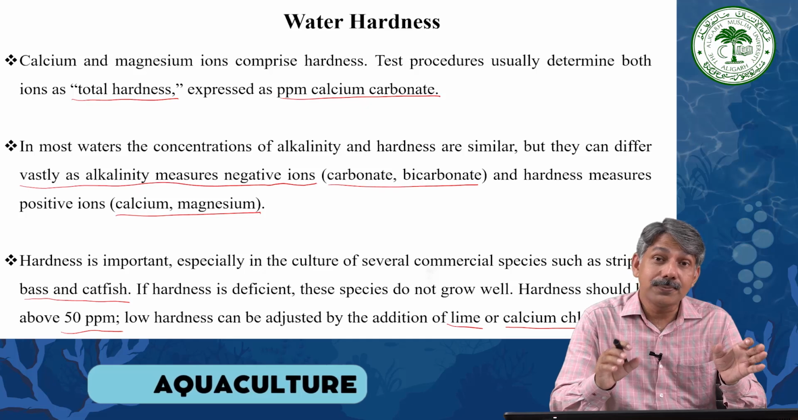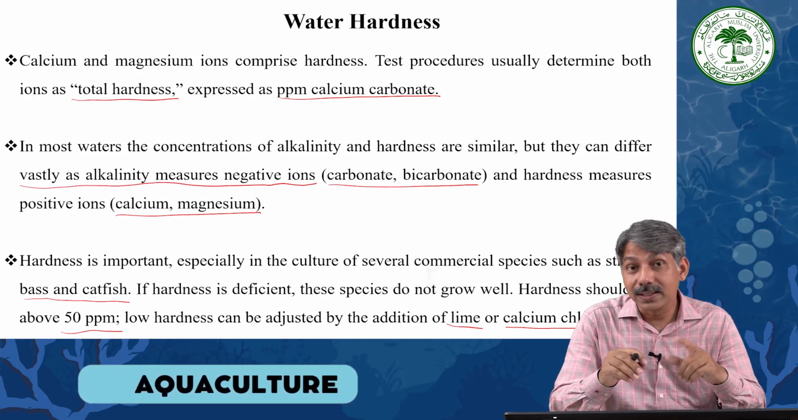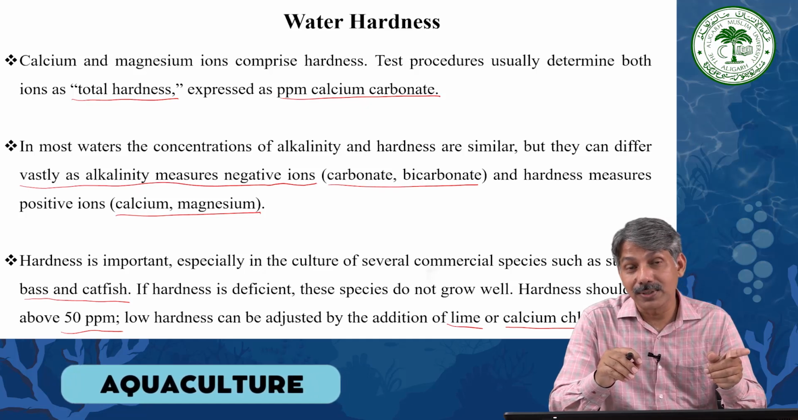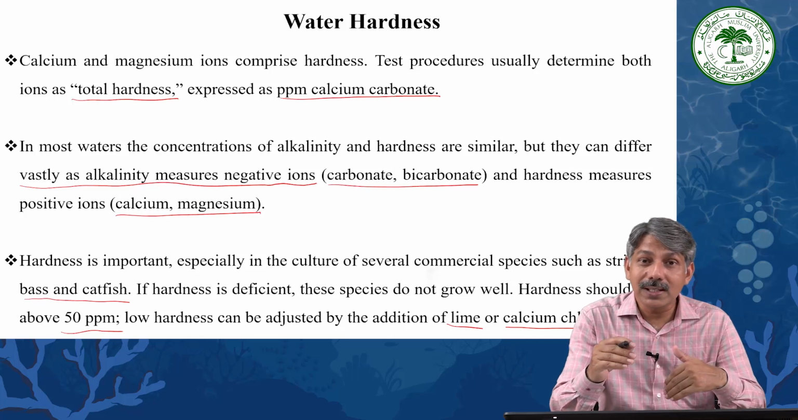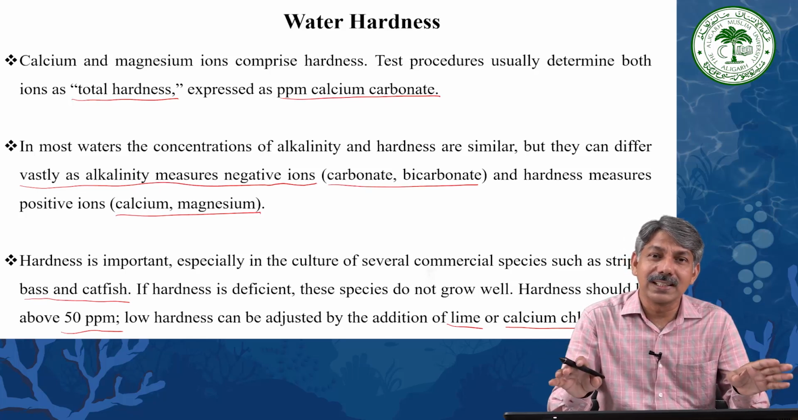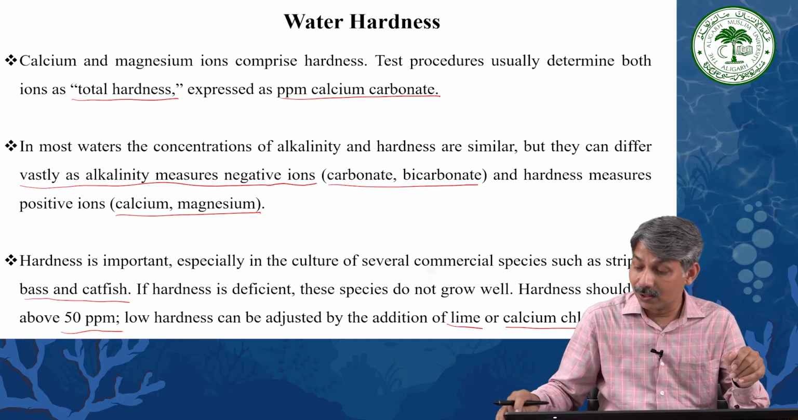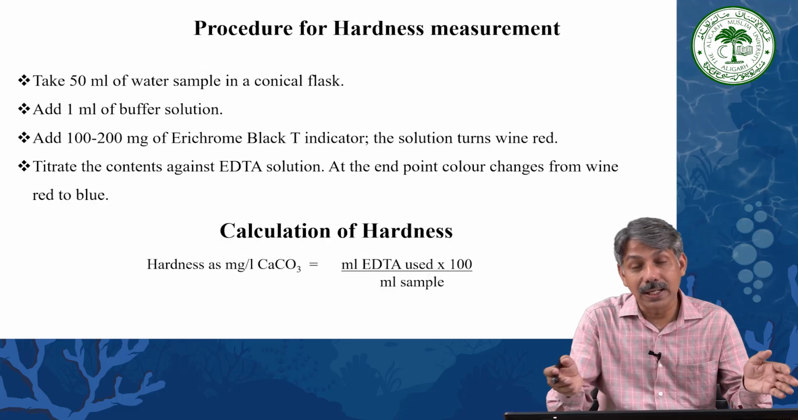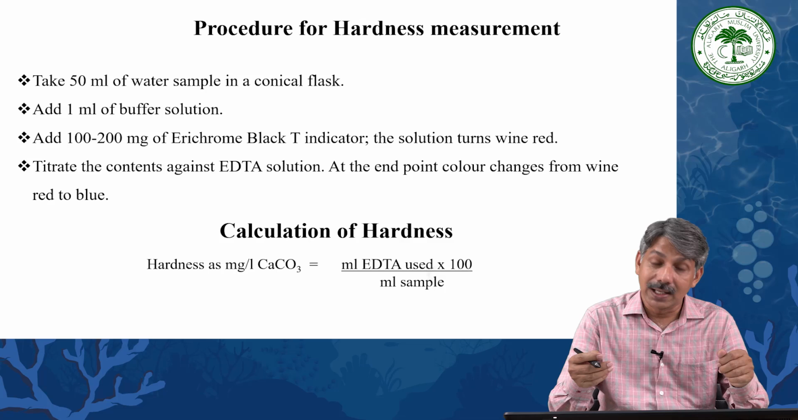So, if the hardness is not within the optimal range, the embryonic development of the fishes will be affected. If they go beyond a limit or below a limit, both are going to influence adversely, especially the embryonic development of the fishes. And of course, we know that we have already discussed alkalinity, pH, and other aspects that